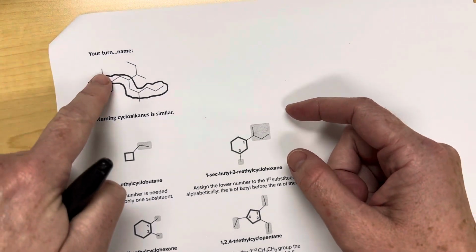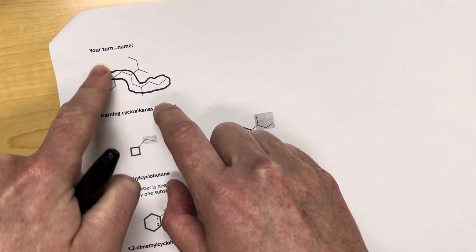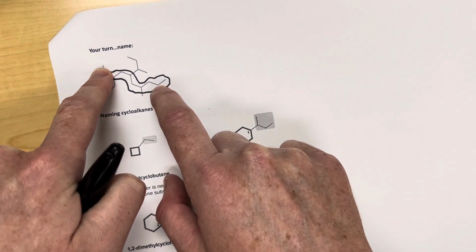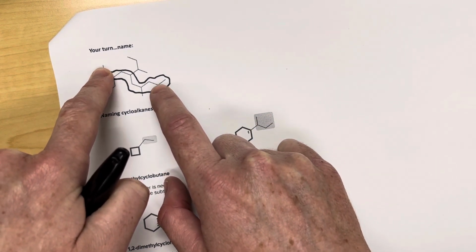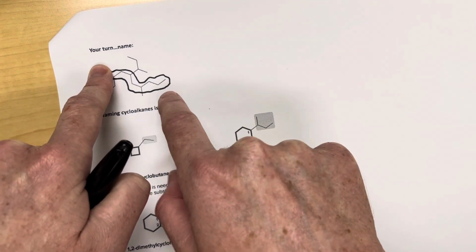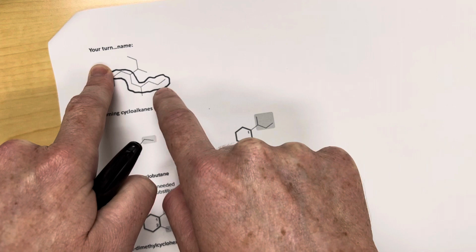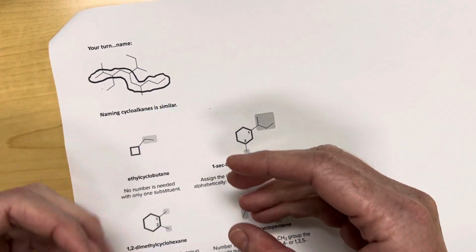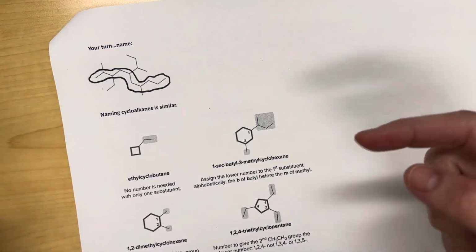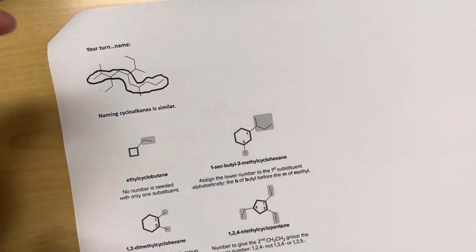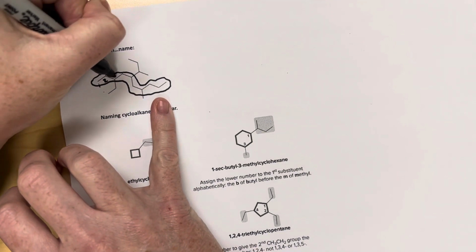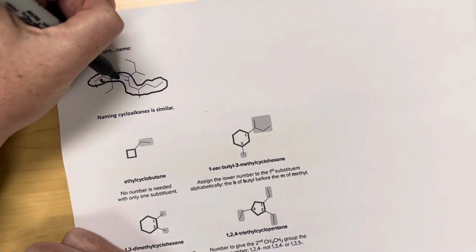So let's say you run into one here and you were to run into one here and you didn't know which one to do. You put the lowest number on the lower alphabet side. So for example, if you had ethyl here and a methyl here, you would start with a 2 over here with the ethyl because it's lower in the alphabet. So you keep low numbers with low alphabet things if you're in a situation where it doesn't matter which way you go to number. Okay, so we got 1, 2, I'll provide an example for that in class, 3, 4,